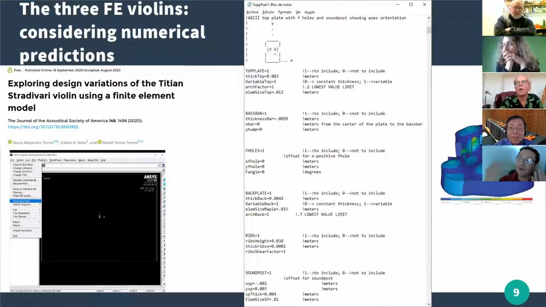So we need to create new violins, and if we need a new or particular arching profile, it increases the complexity of the instructions for the maker. Instead, we only take the arching profile of the Titian, as you can see in this,